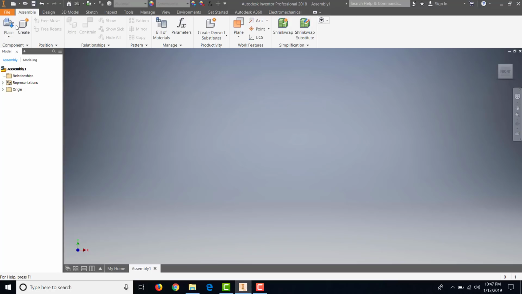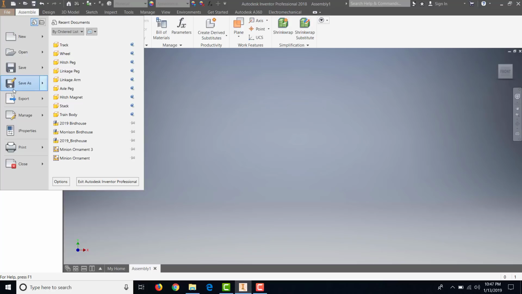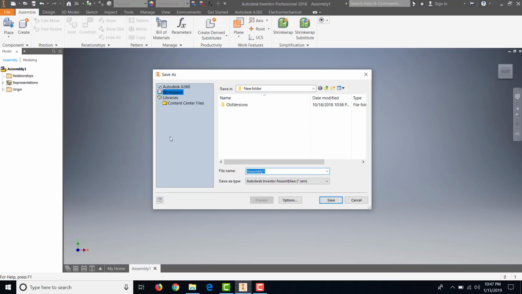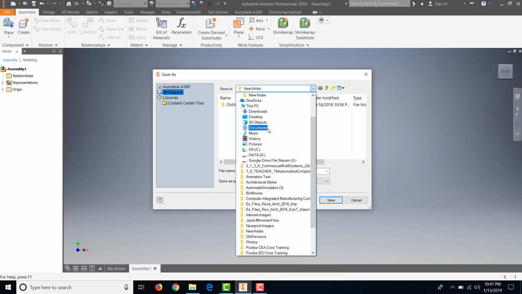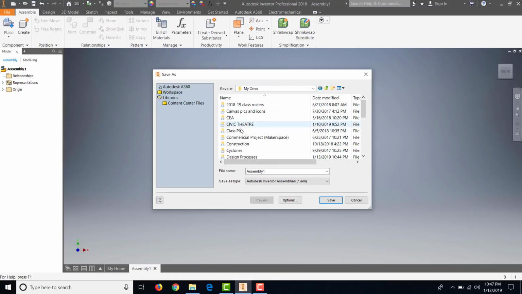Before I create my first part, I am going to do a file, save as, and I'm going to save this assembly that I haven't started making yet in that folder. So I'm going to go down here to Google Drive File Stream, my drive, go to my design processes folder, and create a folder right here. You can call it Birdhouse. I'm going to call mine 2019 Birdhouse,